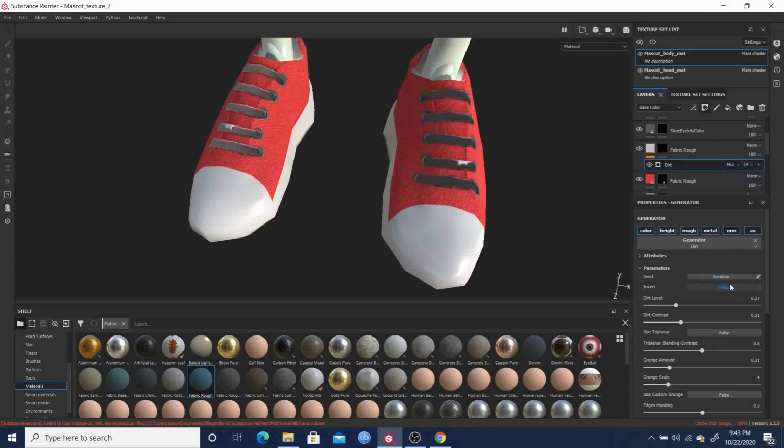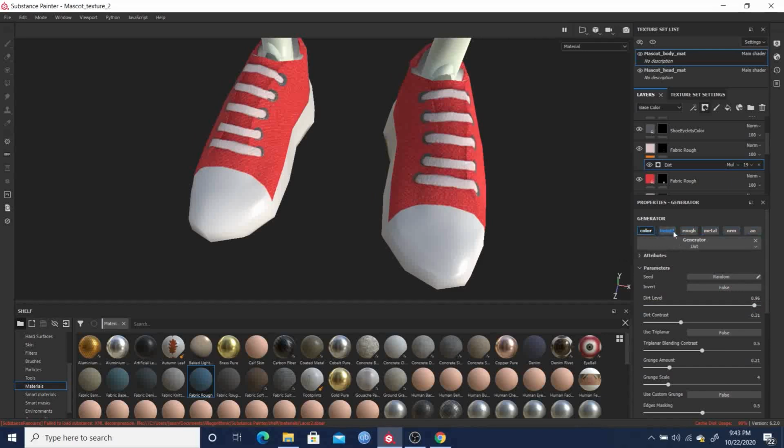So random. Let's see. I'm not sure I want this all in the, I just want the color, I believe. So color and roughness. So let's bring that back up. Not so sure I'm getting the actual